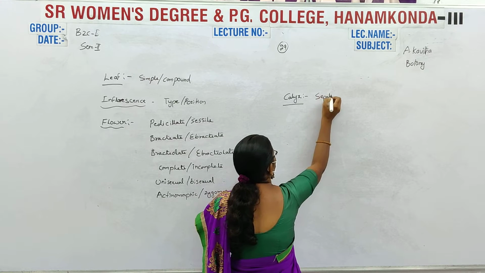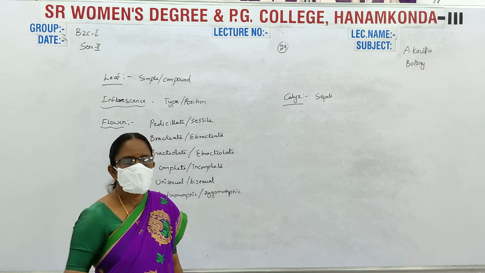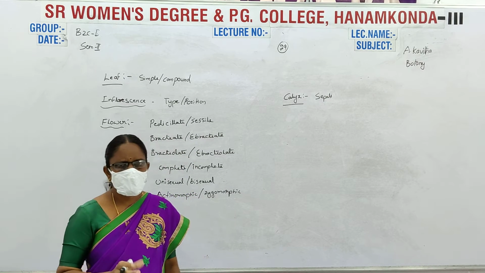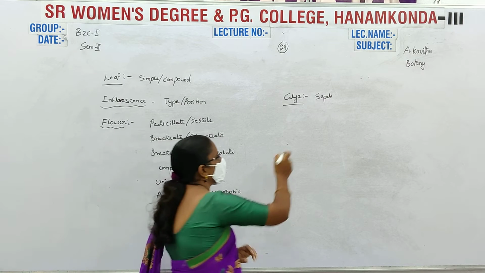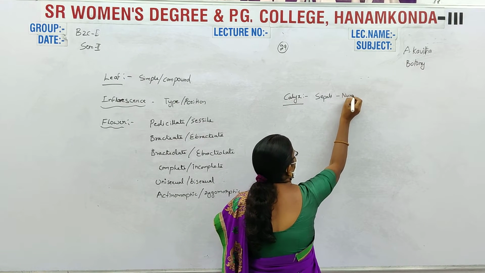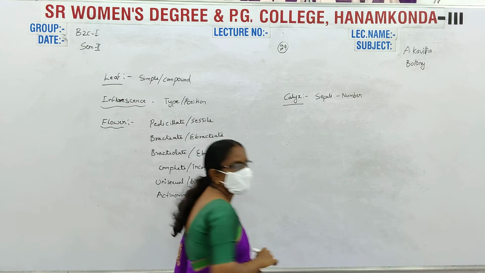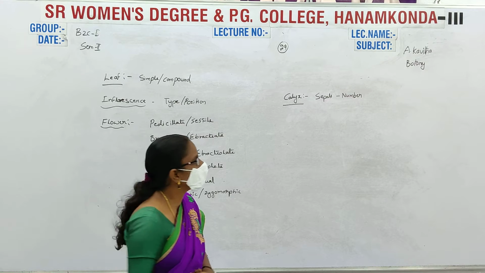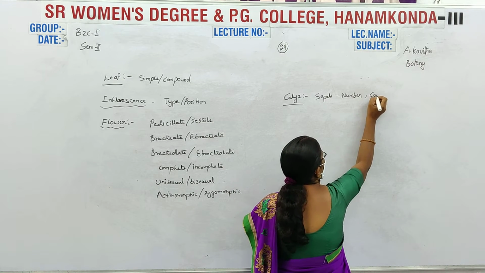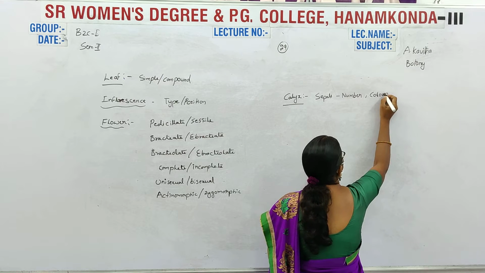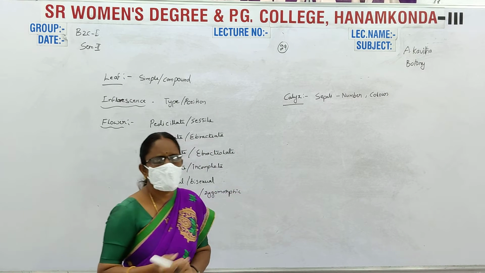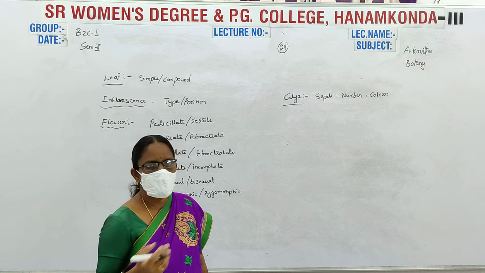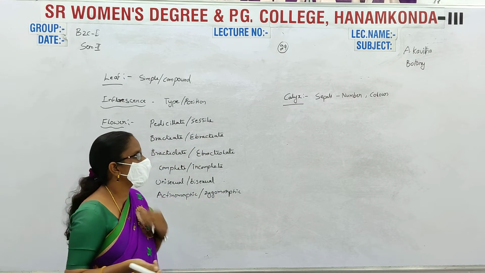And next one is calyx. These are called sepals. Write the calyx number, color and the arrangement of the calyx. The number of sepals is different in different flowers, for example 3, 4, 5. Color is also different. Normally the sepals are green in color, but in some types of plants the sepal color is also changed.